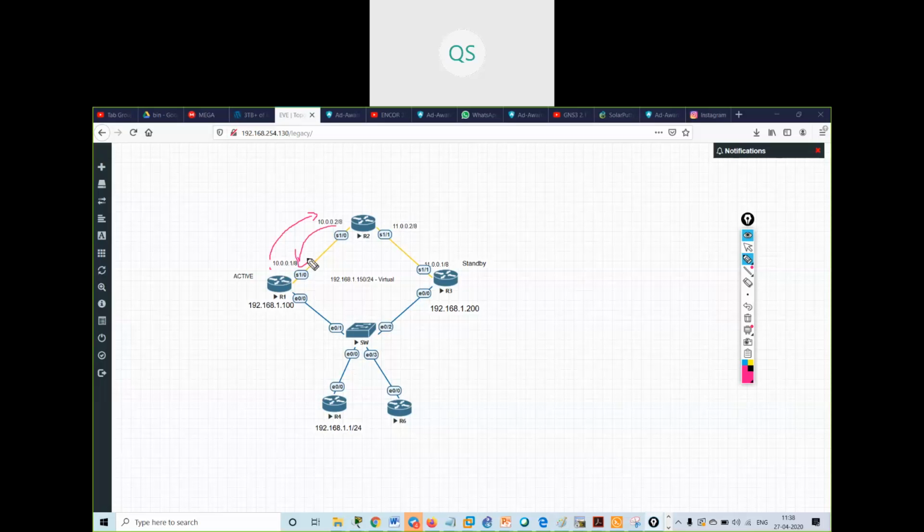Understood? From where the packet is received, it is sent, and it will reply to the ping. If you ping from this way, you will get a reply from this way only. If this interface comes up, what happens if another packet goes this way now? Once we have received the reply from this way and this link comes up at the same time, another packet will automatically go this way and we will start getting the reply from R2. Understood?